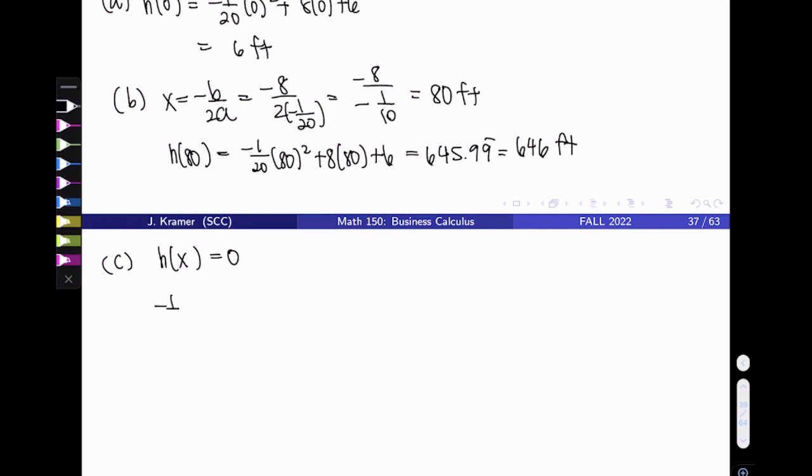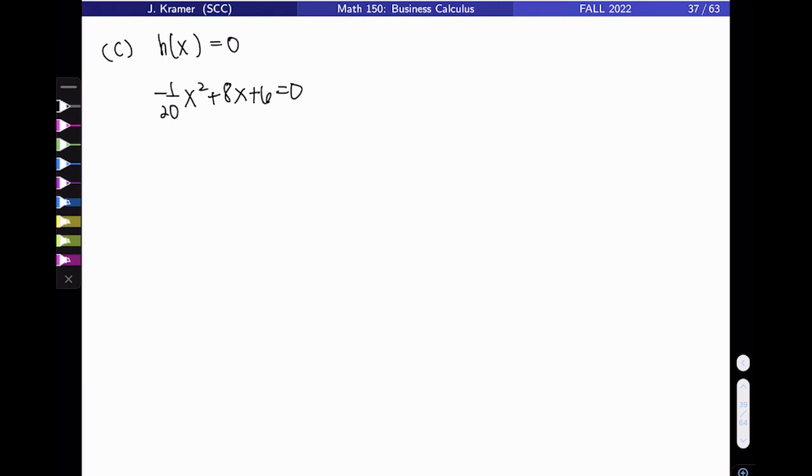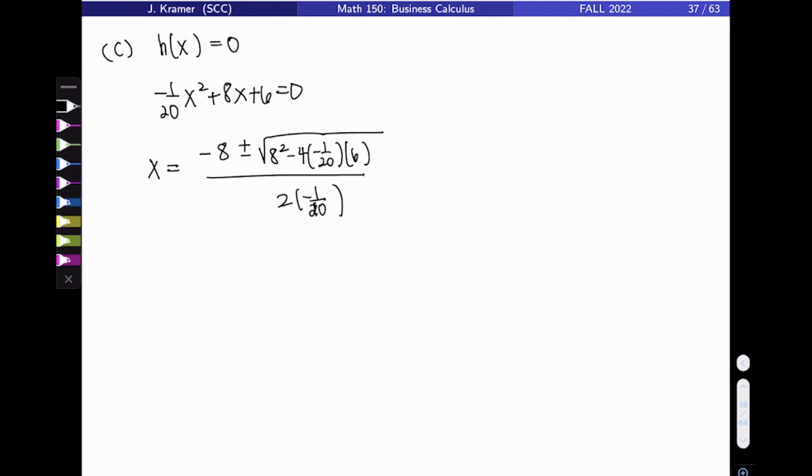So we're looking at negative 1/20 x squared plus 8x plus 6 set equal to 0, and we're solving for x. I'm going to use the quadratic formula to solve. So we have x equals negative 8 plus or minus the square root of 8 squared minus 4 times negative 1/20 times positive 6 all over 2 times negative 1 over 20. That's because a is negative 1 over 20, b is 8, and c equals 6. So punching this into the calculator,